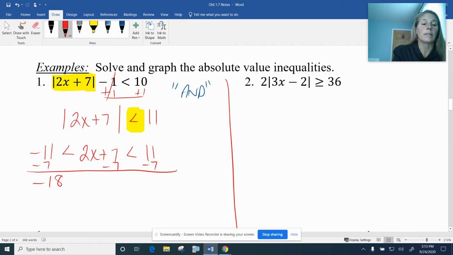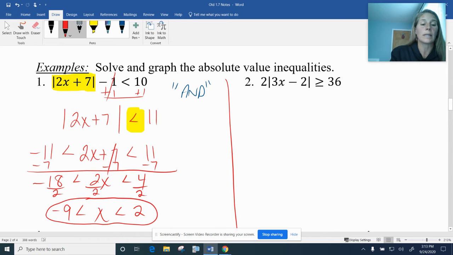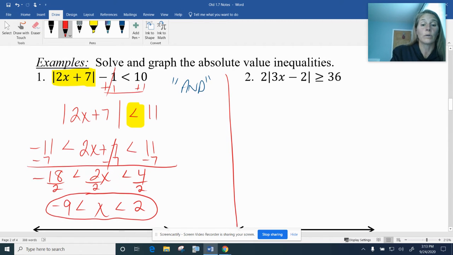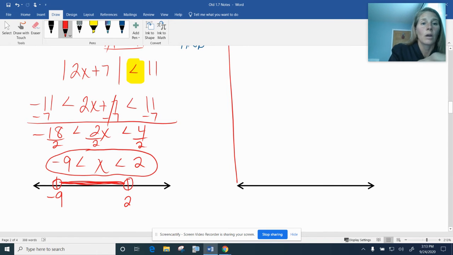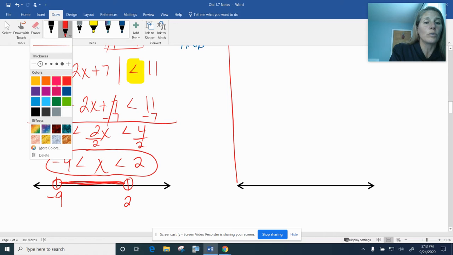So we have negative 18. And over here, we would have a 4. And then we have negative 9 and 2. So x is in between negative 9 and positive 2. And if I were to graph that on the number line, I would have my negative 9 somewhere on the left with an open circle, my 2 somewhere over here on this side with an open circle, and I would shade in between those two points. Okay, so now let's go on to the